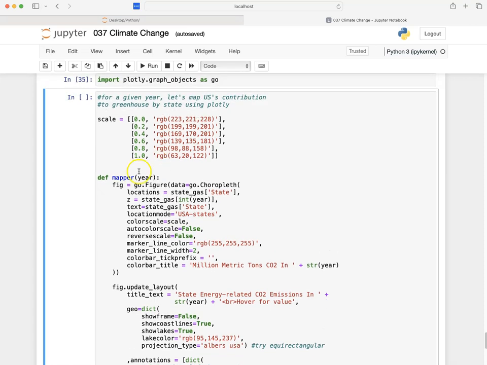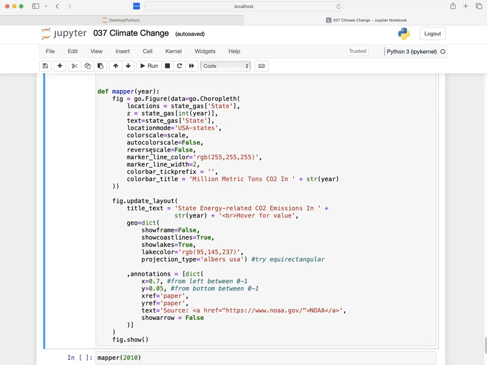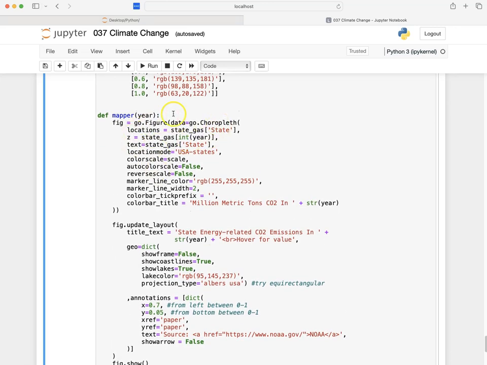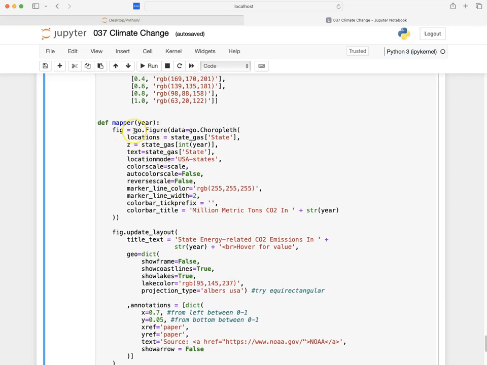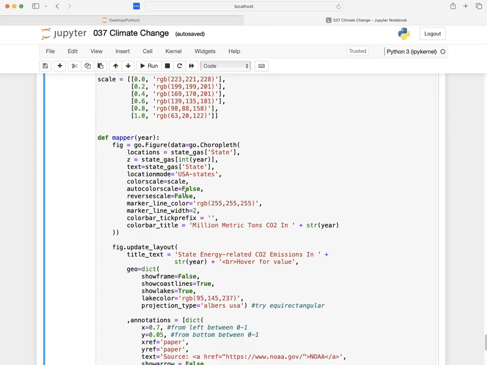Plotly requires that you create a function called mapper, and you can pass to it a value. In this case, I want to pass to it a year. And then everything that you see over here is from Plotly. So I'm going to call go, which I imported as graph objects, call Figure, and I pass to it a data, and this data is a